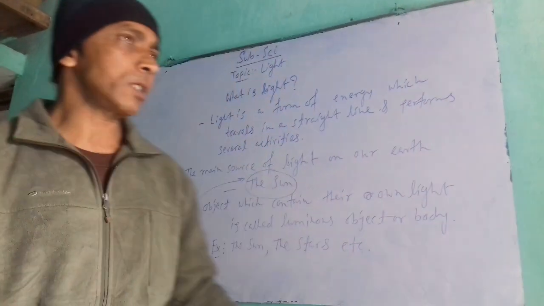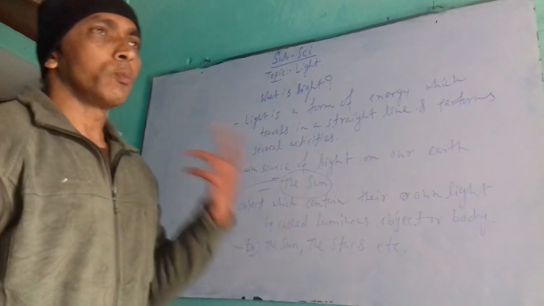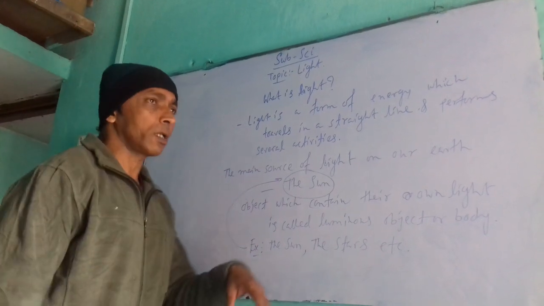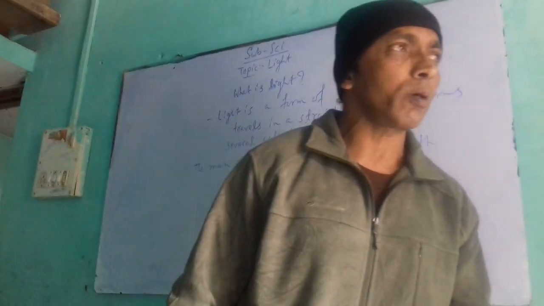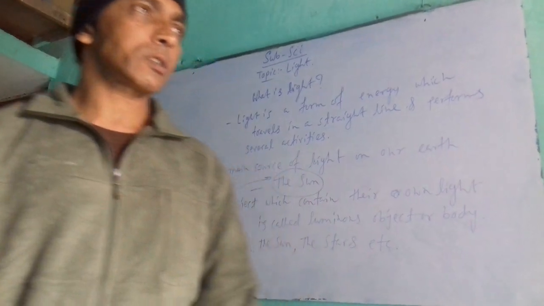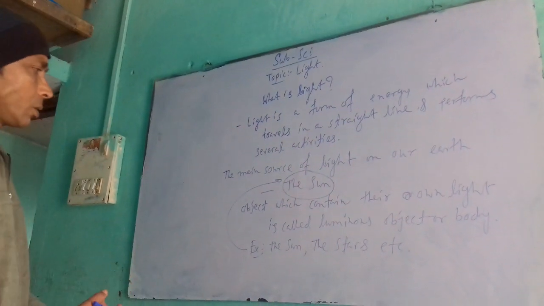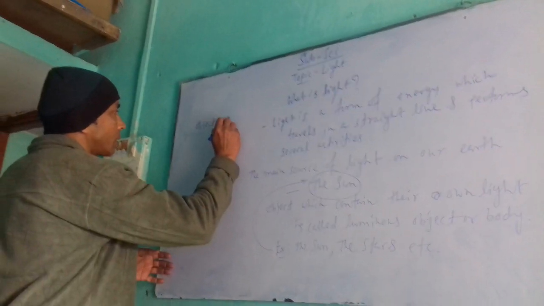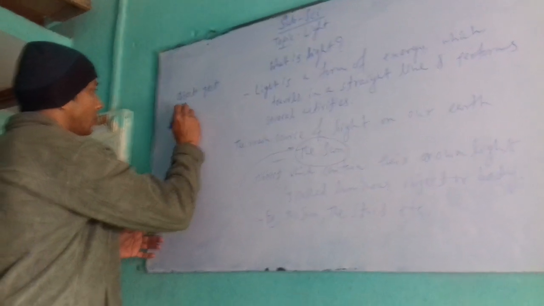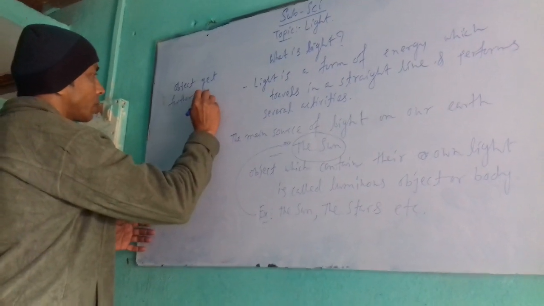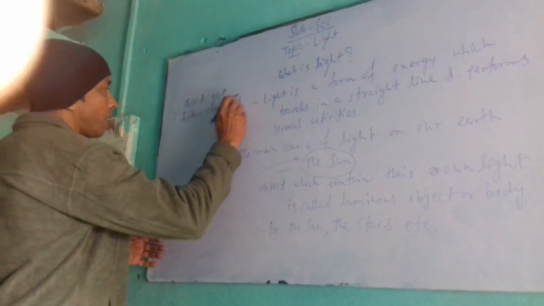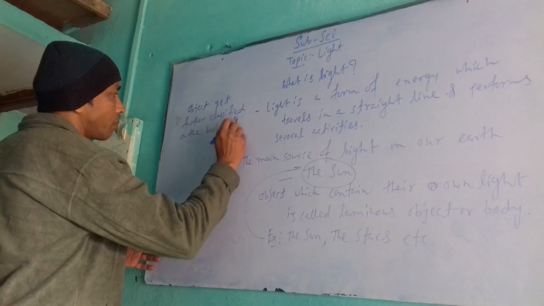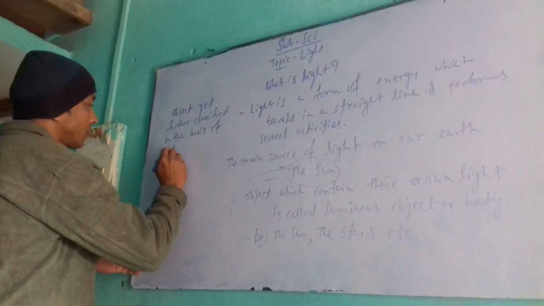non-luminous object. For example, the moon, the wood, the brick, the planet, etc. And the non-luminous object takes light from a luminous object, mainly the sun. Now, objects get further classified on the basis of